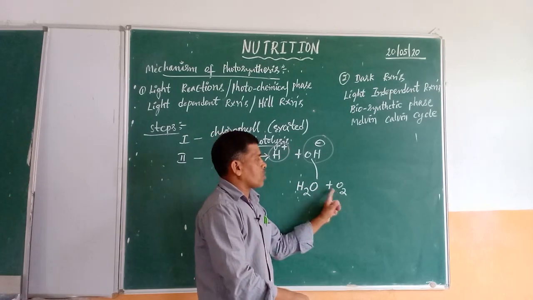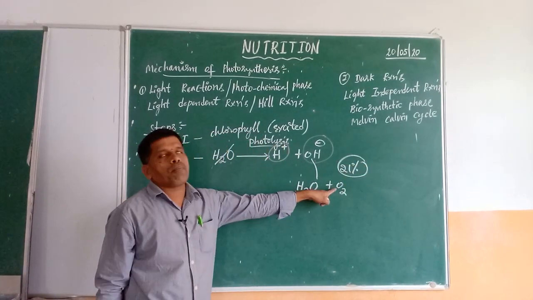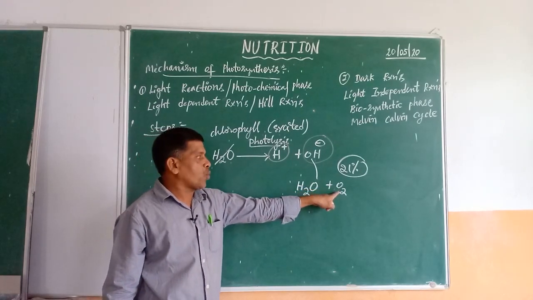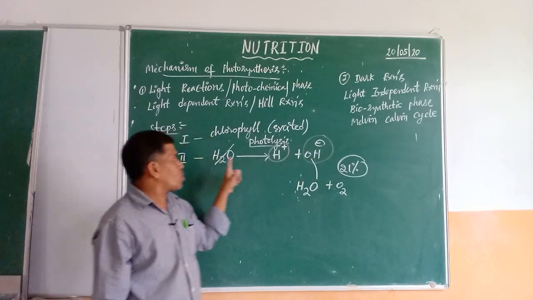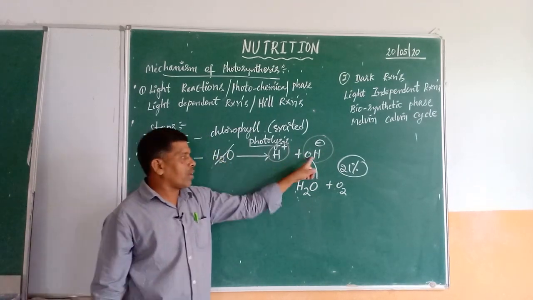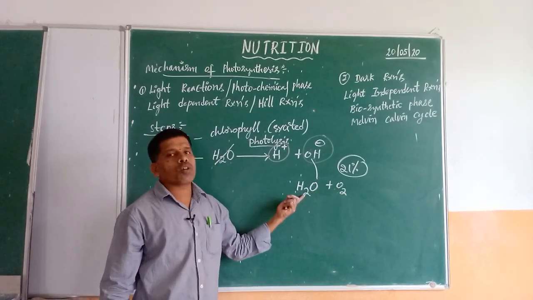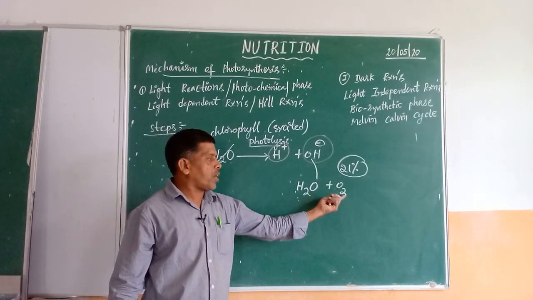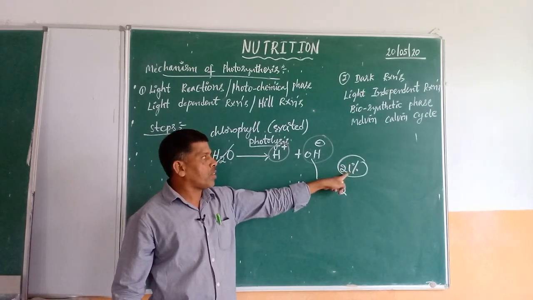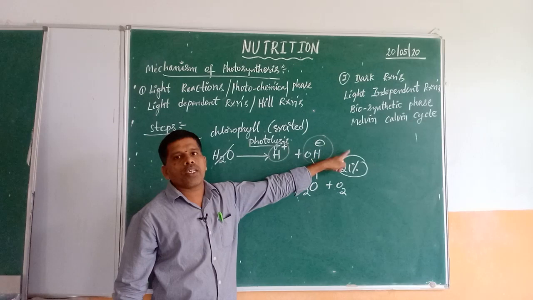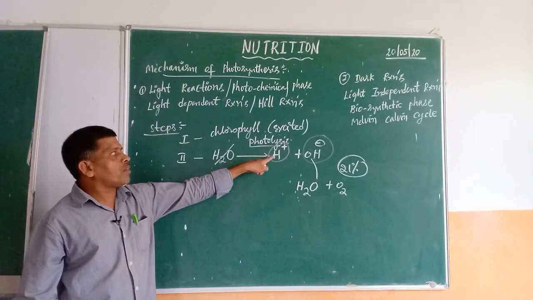This oxygen gas is the 21% of oxygen which is given by the plants during the process called photosynthesis. Right? Once again, the hydroxyl ions which are released by breaking the water molecule are converted into H2O, water, and oxygen. This water is absorbed by the plants and the oxygen produced by the plants is released into the atmosphere, and what we see in nature, 21% of oxygen, is coming from plants during photosynthesis. Now the leftover is the hydrogen ions.